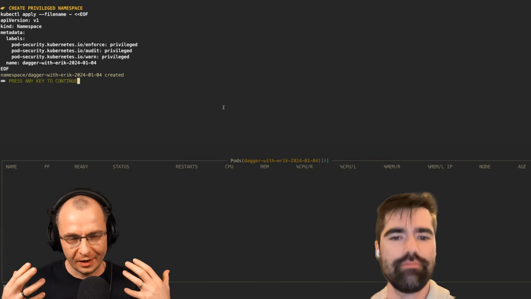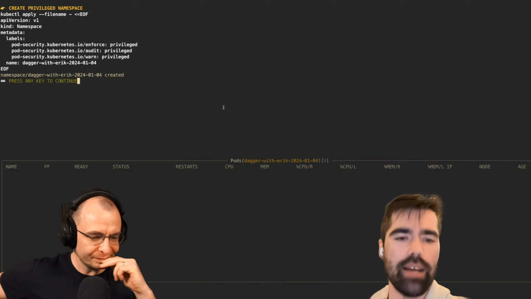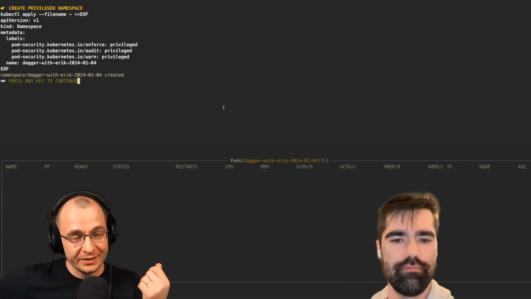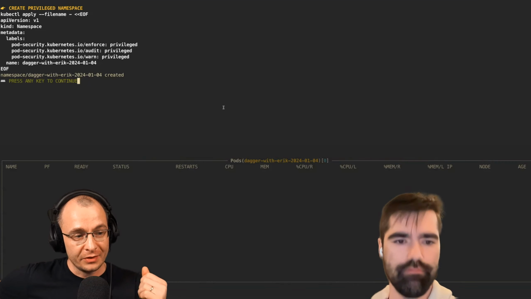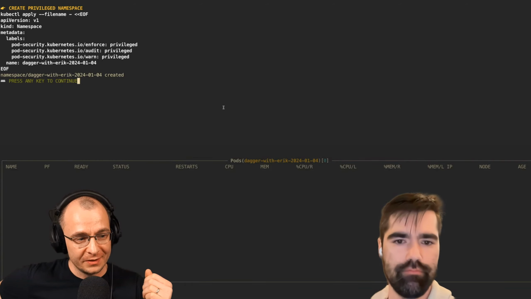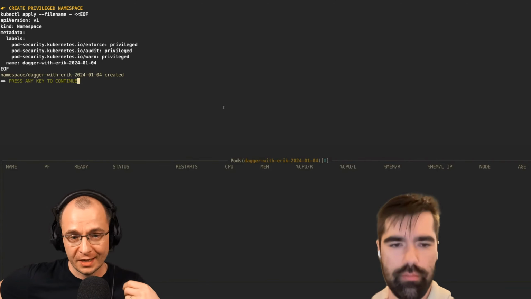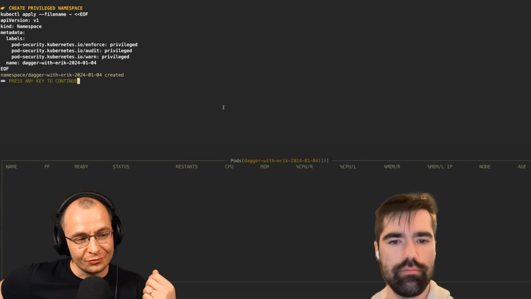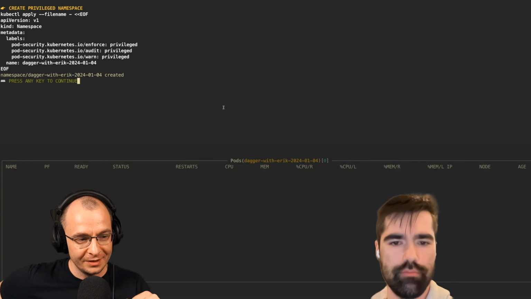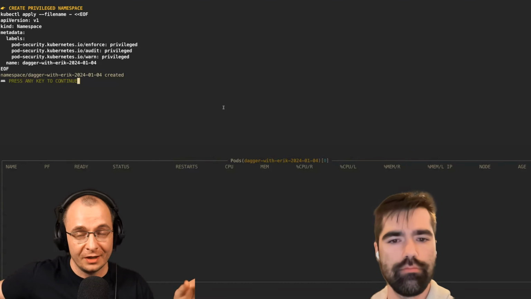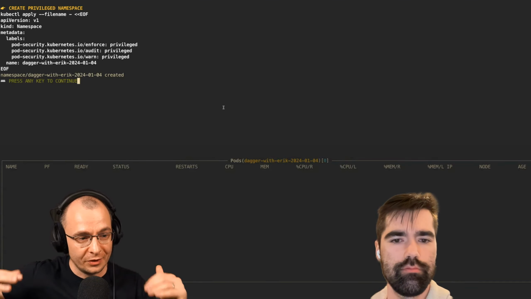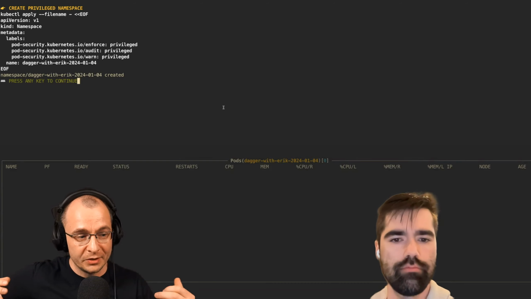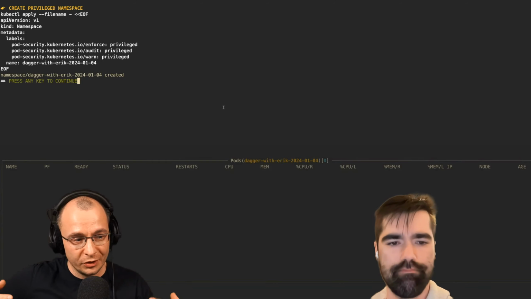So people will be asking, why does it need to be privileged? Yeah. And the thing which most miss is that Dagger itself has a container runtime. Dagger itself will create container namespaces, will create network namespaces, that has a lot of stuff going on inside of it. So it cannot run in another namespace. It needs to have access to pretty much everything. And if you do try to run in a namespace, you start hitting all sorts of issues.